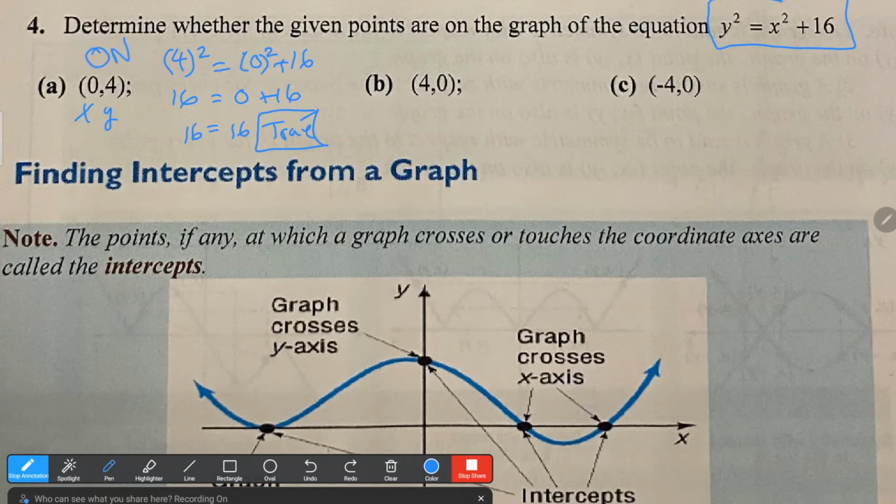All right, now let's try the other one. So on B, we've got our